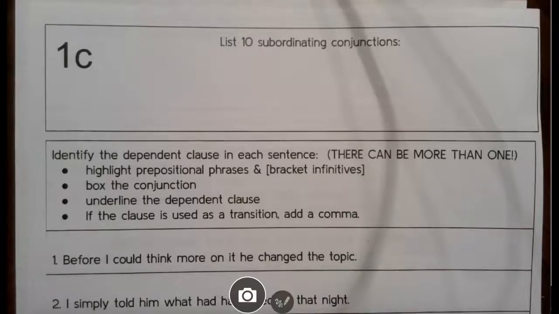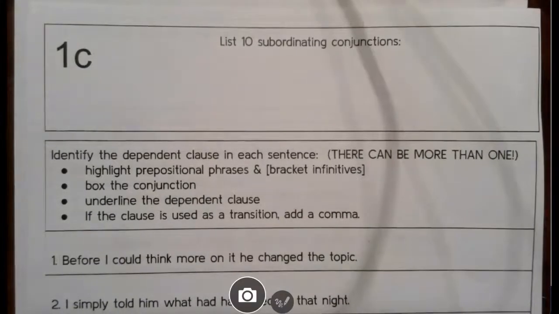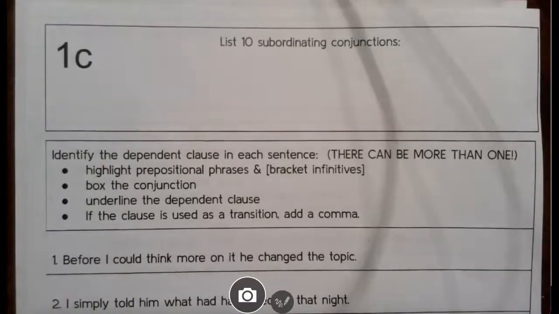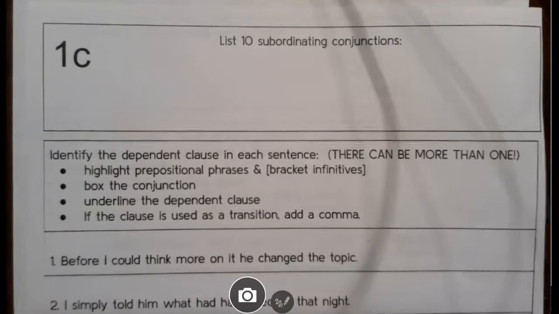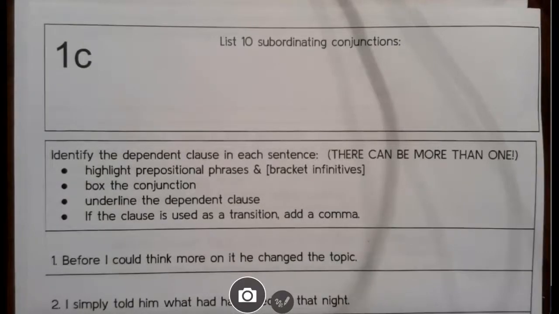So task 1C is going to be a little bit more review of subordinating conjunctions and using them to find dependent clauses, and then we're going to do a little practice with the writing. So the first thing you need to do is brainstorm, see if you can come up from memory with 10 subordinating conjunctions. You can look at your list if you have to, but we really want to try to start